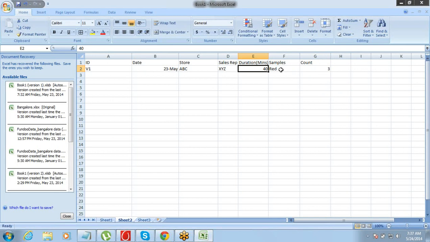Now think of it. In case during this visit, the store owner asked you, the sales rep, you yourself, who went for a visit, for 1 red sample, 1 green sample and 2 blue samples. How will you track that thing here? You can connect this field only to one. That's why we need another object. So that is the reason we need another object for samples.